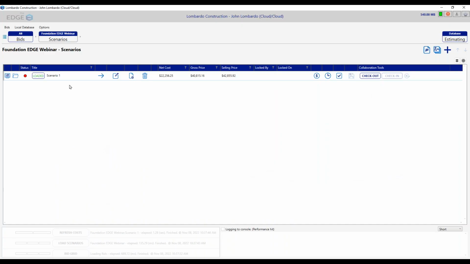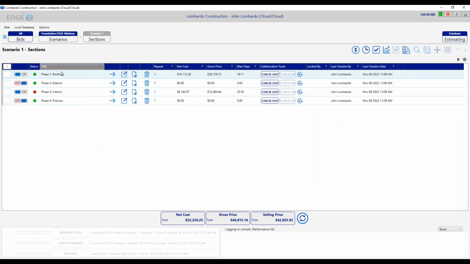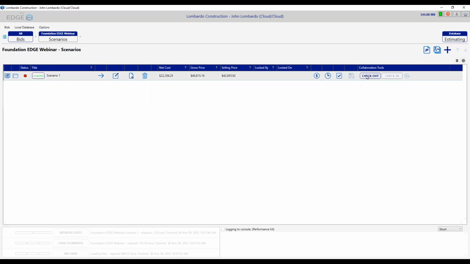Okay, so this is the Edge, and structurally, when you look at a project, you can set up your project based on roofing, exterior, interior, fixtures, etc. These are called phases, and this will automatically push over to Foundation under phases. If you don't use phases, then you don't have to worry about setting this up. I'll take you to the next screen, but before I do that, I want to make sure I check out